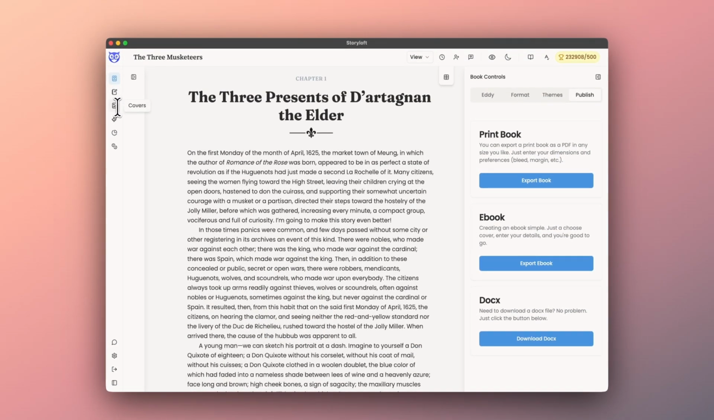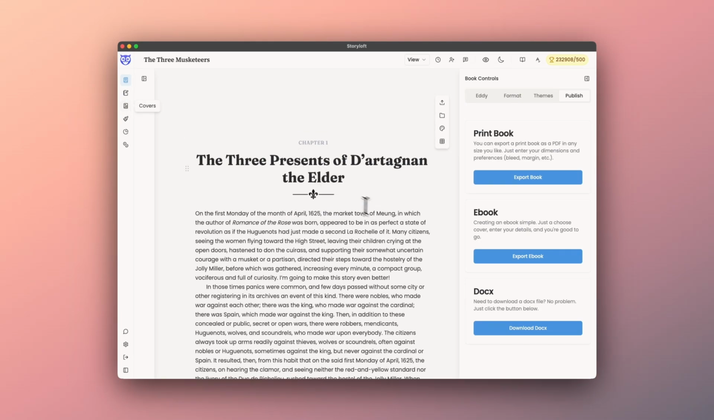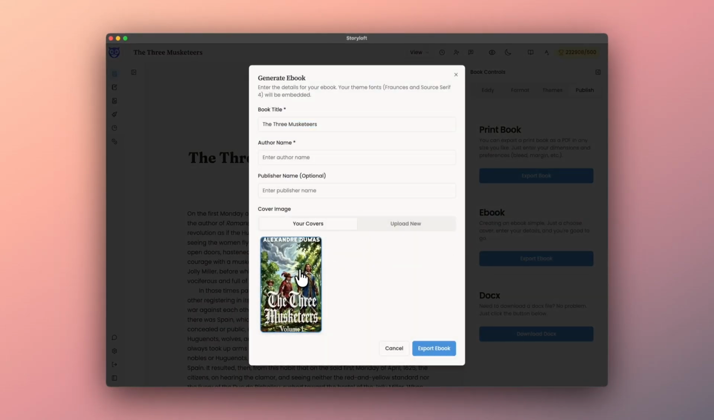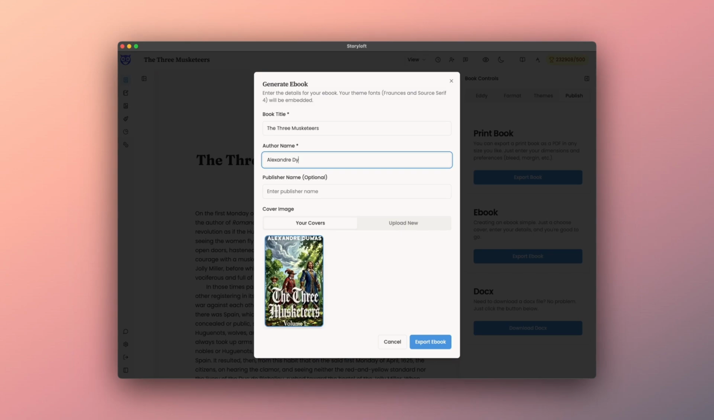But if you want to create a cover for your book, we have a powerful, super powerful ebook and yes, print book with CMYK 300 DPI formatting tool to create high quality, top of the line book covers. We've already created one for the Three Musketeers. So we're going to export a book. We're going to select our book cover, our ebook book cover in this case, Alexandre Dumas,